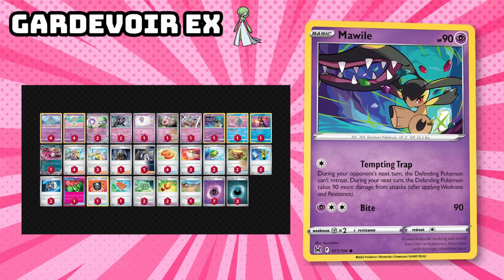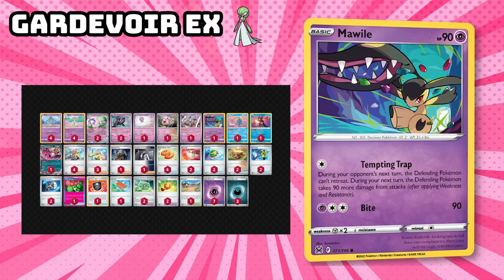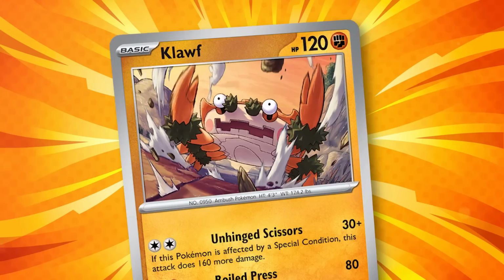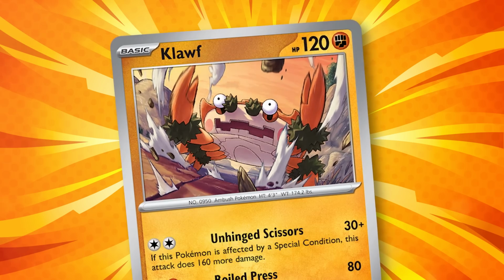And that could be the way to get around some of your bad matchups, like that Regidrago matchup. If you just bring something up Mawile, they've already popped their V-Star, they don't have a switch left, you might just win because of that Tempting Trap. And number 3, I can't believe that this deck has stayed at number 3 through this format, but it's Klawf